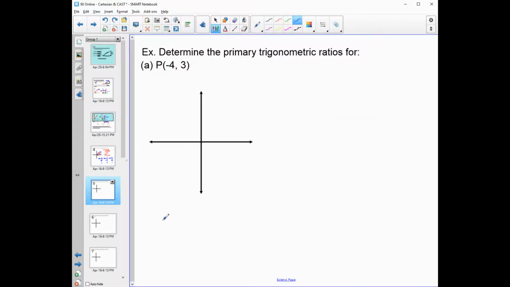Okay, the next example, just a small variation, except for now the point is at negative 4, 3. So that means I'm still going to make reference to the positive x-axis here, but I now have to move into the negative, but it's still above the x-axis. So there's the point negative 4, 3. I will, once again, connect my origin